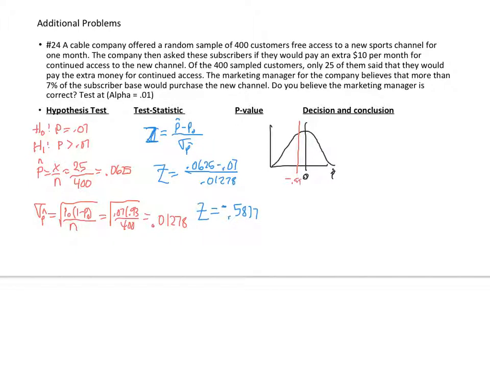We're looking at this area here under the standard normal curve. When we do it, we have to look at the value below -0.59, subtract the 1 from it, and when we do that, we get a p-value